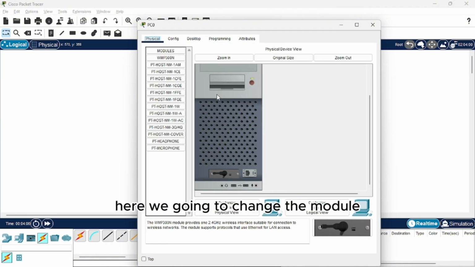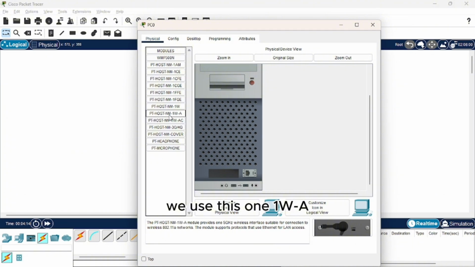Here we're going to change the module. We aren't going to use this one. We use this one, WMP1WA, because it provides a 5 GHz wireless interface. So it supports your access point PTA Wi-Fi.